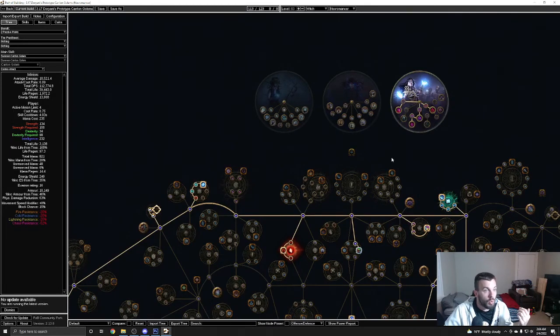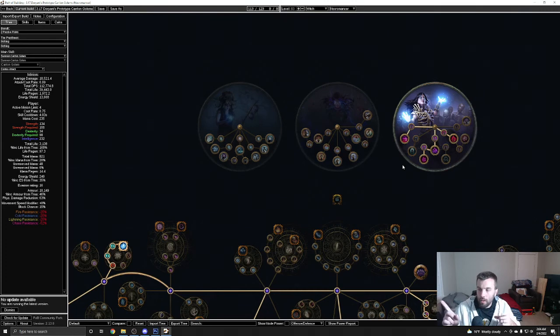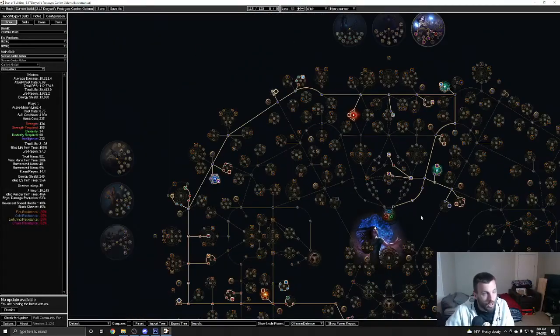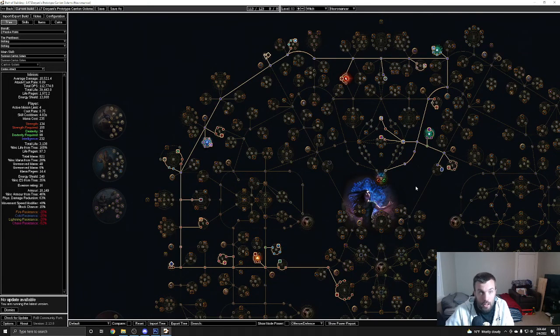With the new unique jewels, where you can get one of each, I don't think you combine them, but if you have one of each in your tree, you can get a certain ascendancy point. Try to get Liege of the Primordial or Elementalist. I would recommend Elementalist. That's going to be kind of like late game stuff. I wouldn't worry about it too much for league start. We have to see how those jewels are going to look. But yeah, that's pretty much the generic